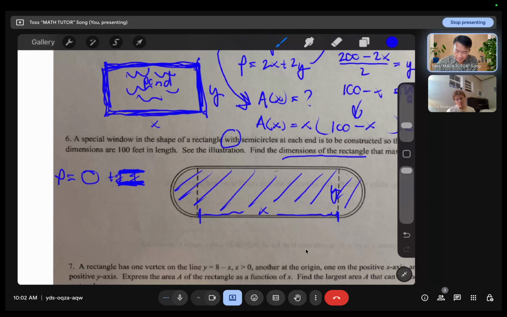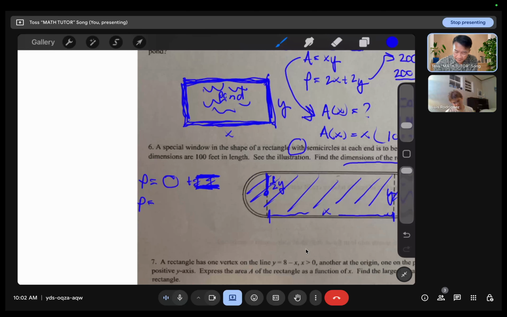So here I'm going to express it. The perimeter, it's going to be, now the radius from here to here is one half y. Sorry, one half y. You agree? One half y, the radius. So I'm going to do the circumference formula. Okay, circumference, you got 2 pi r